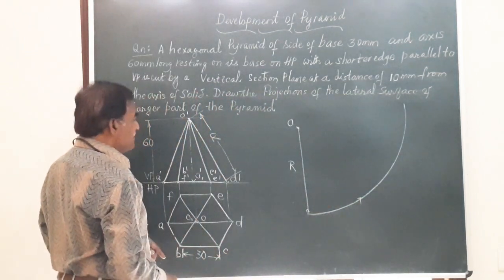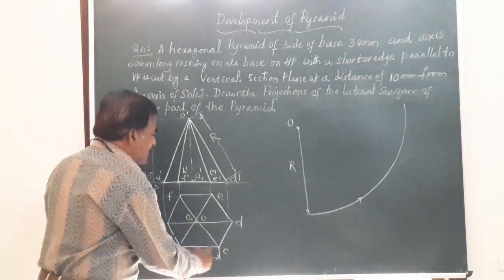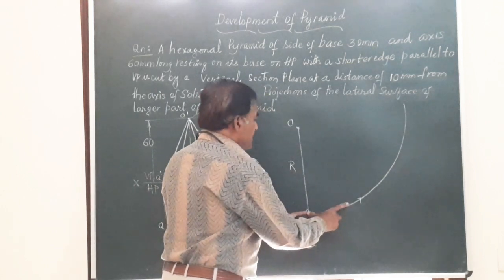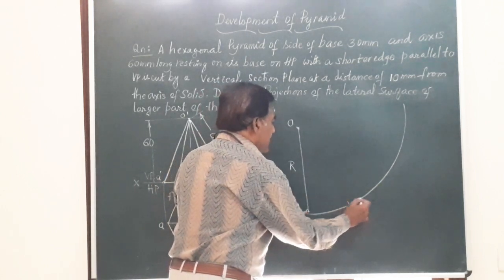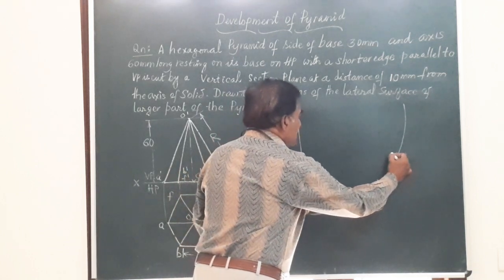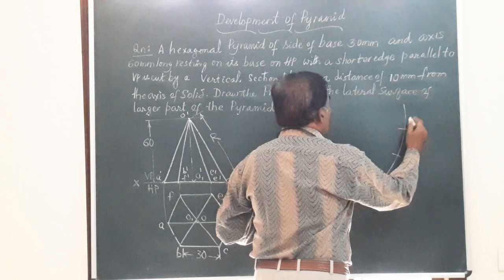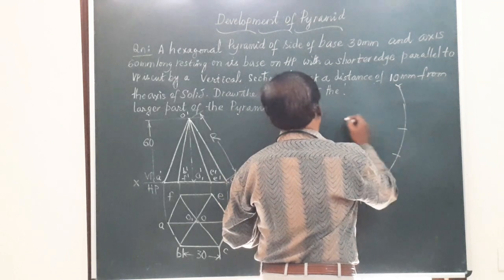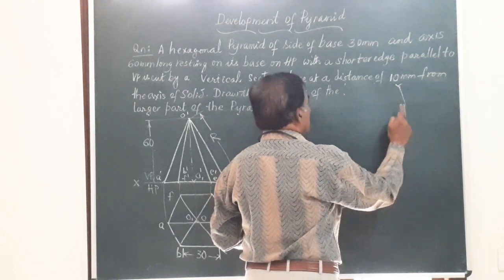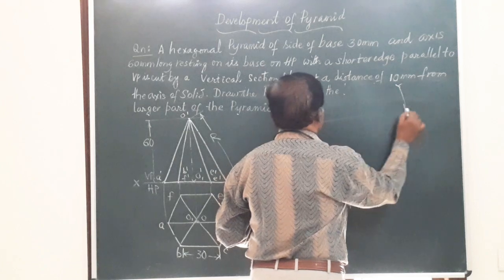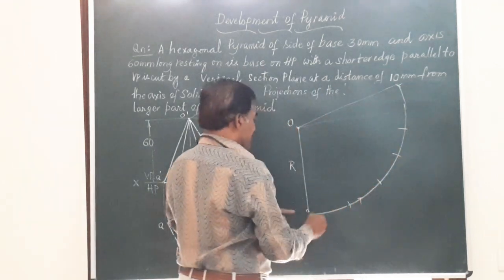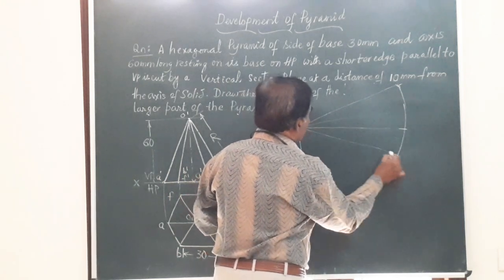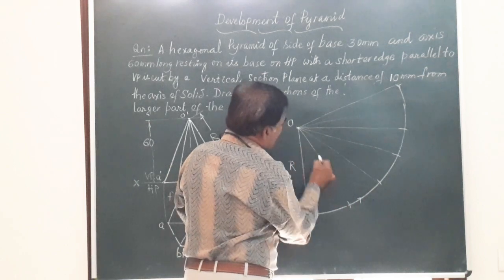Now, friends, the base edge measures 30 mm. So, starting from this point, let me get 6 arcs, that's 30 mm, 30 mm like that. This is 1, 2, 3, 4, 5 and 6. So I am going to join these to the corners, and we have got 6 such triangles. This is one triangle, second, third, fourth, fifth and sixth.